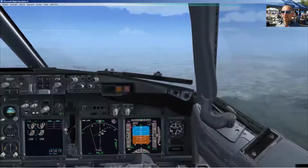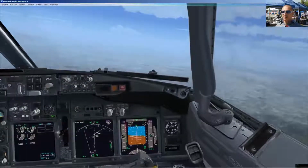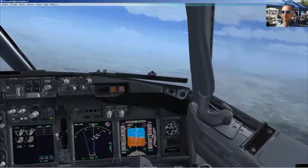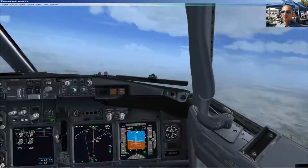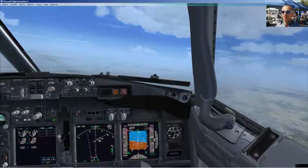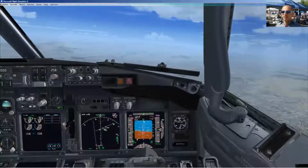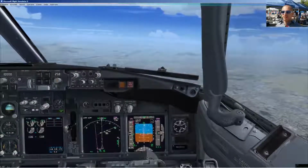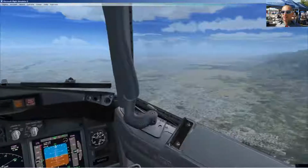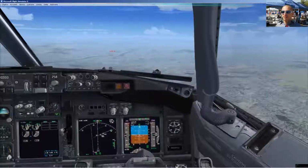Southwest 5175, turn 10 degrees left. 10 degrees left, Southwest 5175. Okay, so we're going to go 190 on the course now. Southwest 5175, descend and maintain 6,000. Down to 6,000, Southwest 5175. He's trying to give me some room to bleed off my speed is what he's doing, so...